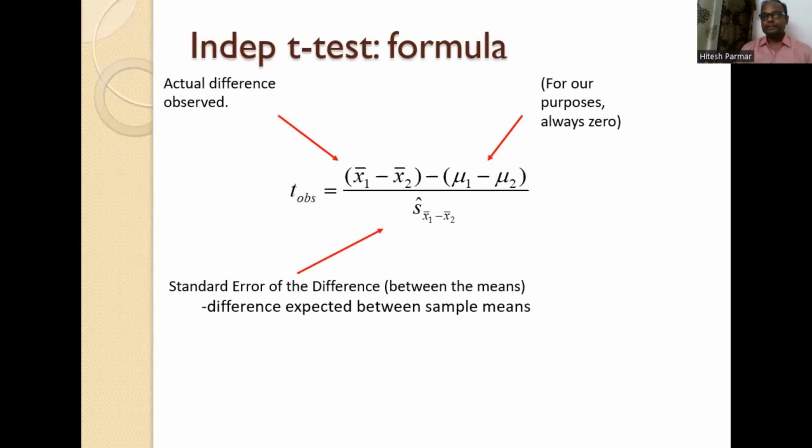Now, with respect to the t-test, we have three types of t-test. The first one is the independent sample t-test. The second one is known as the dependent or paired sample t-test. And the third one is known as the one sample t-test. So we'll see these three types of t-tests one by one with SPSS: independent sample t-test, paired sample t-test, and